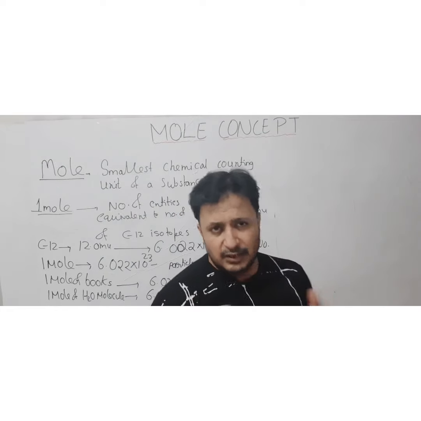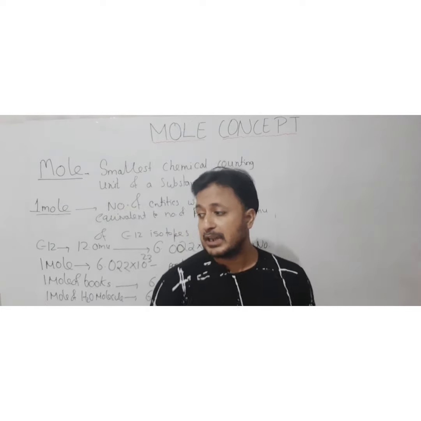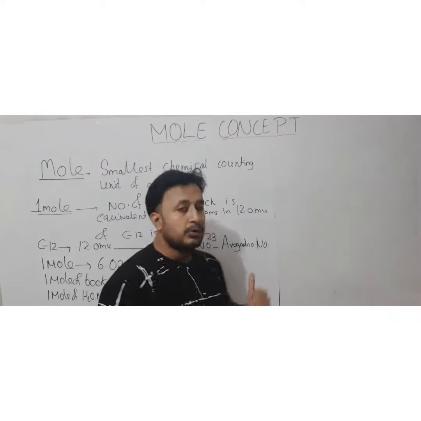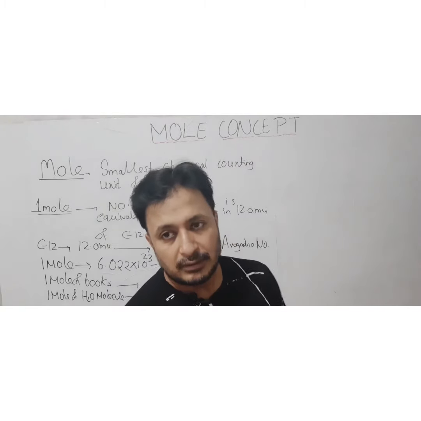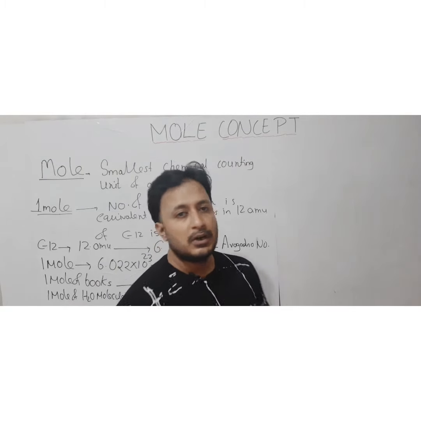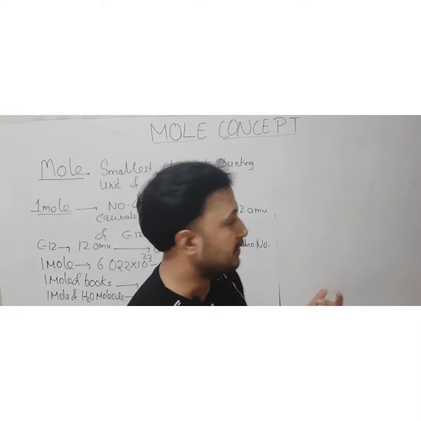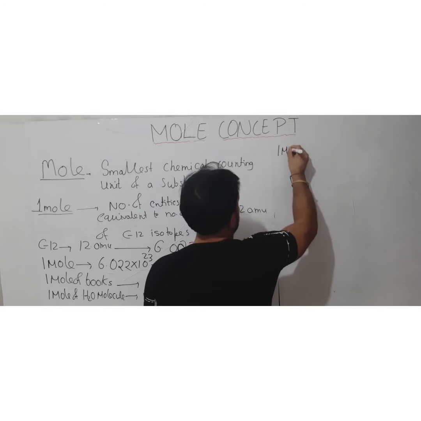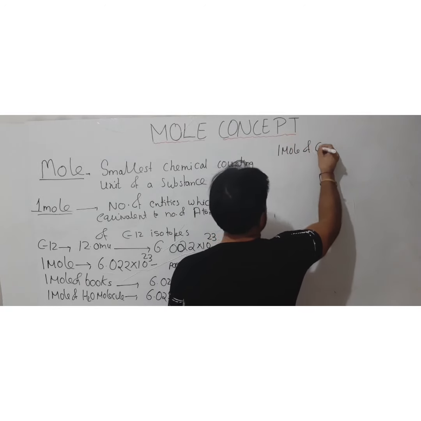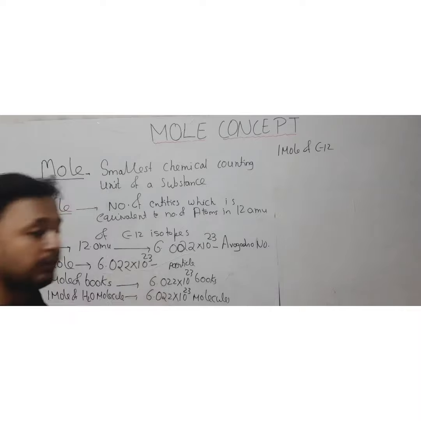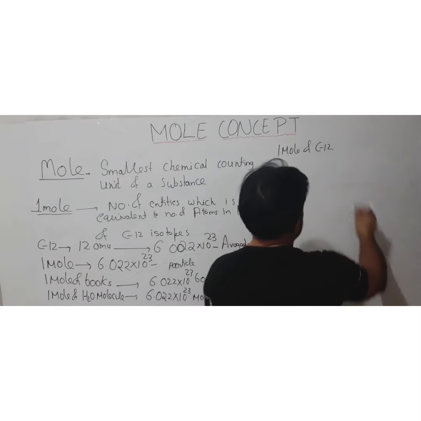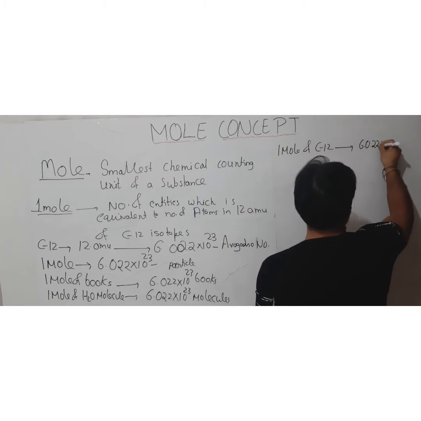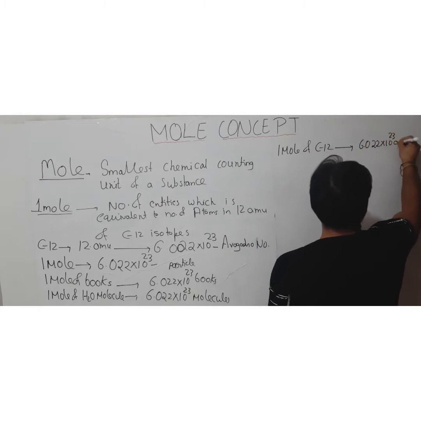But as we are using this unit basically for chemical reactions and for chemical substances, we will be utilizing this value to calculate the chemical substance amount, its volume, number of particles, number of atoms, etc. Like if I say that 1 mole of carbon 12, like the example I have used before.